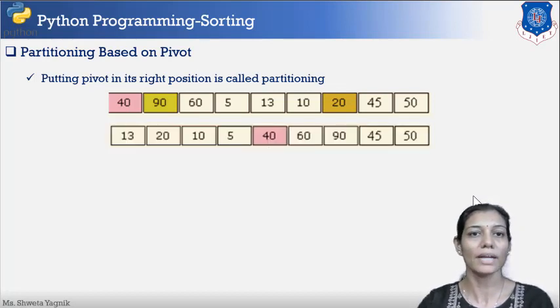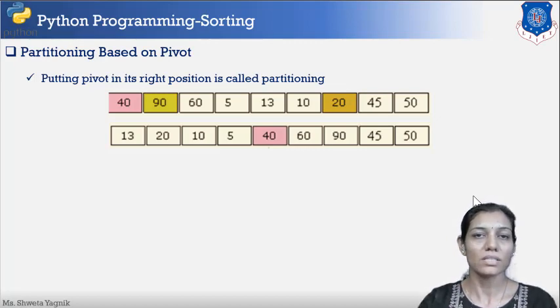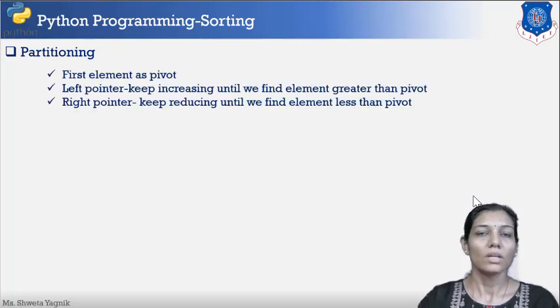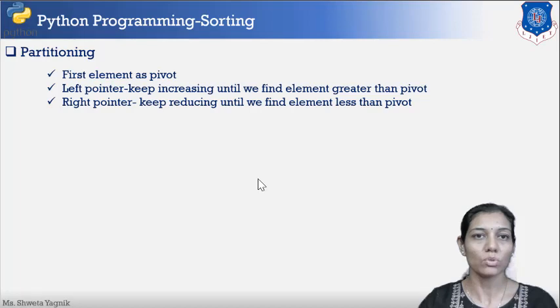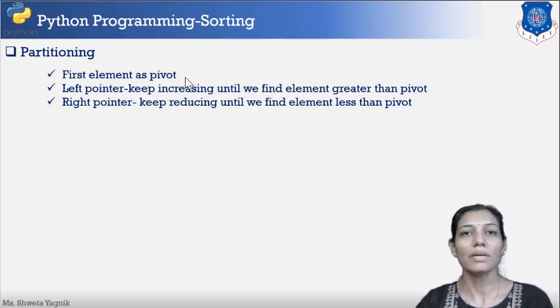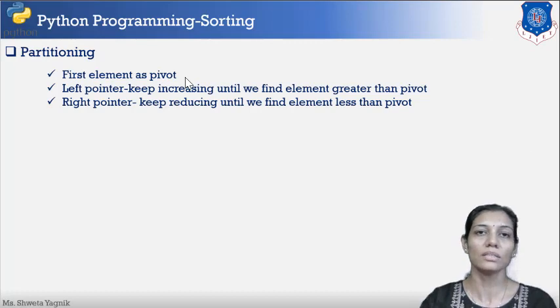So that the left and right subarrays contain the characteristic which I have mentioned. Now we'll learn how to do that. For doing the partitioning work, there are some points to be considered and some pointers we need to maintain. The first element is considered as the pivot. As I mentioned earlier, there are other techniques to pick the pivot. In some algorithms they pick the last element as the pivot, but here we are going to see the technique where we'll consider the first element as the pivot element.